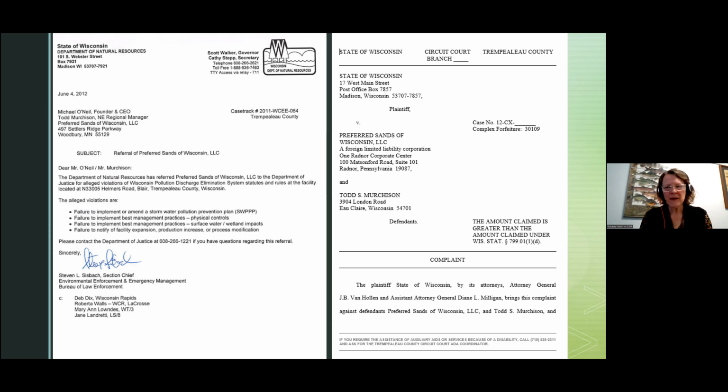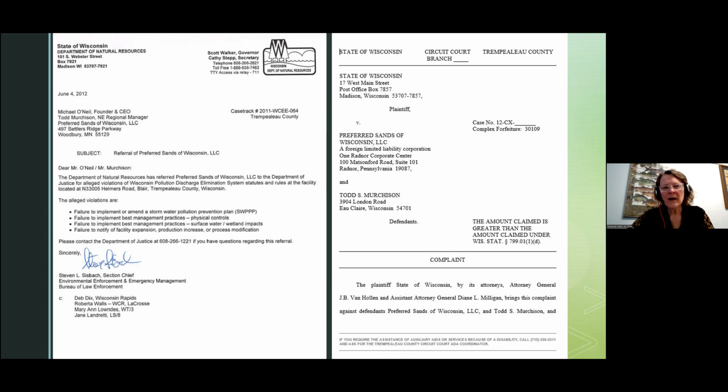Ultimately, the company ended up spending close to $2 million in infrastructure costs and best management practices to get that site back into compliance. And that was the goal for the referral. The goal is to get that compliance back. The forfeitures are there to ensure that not only have they paid their penalty, but that they can also further the environmental resource. That was the purpose of the forfeiture, not so much to pay for the costs.